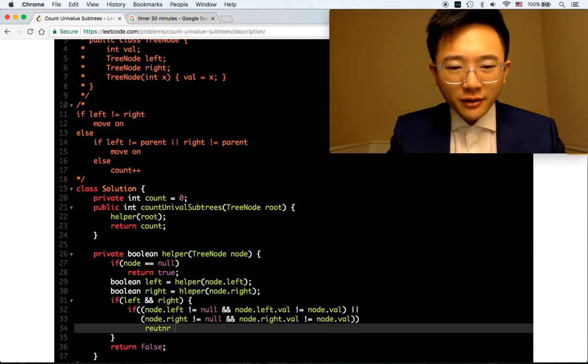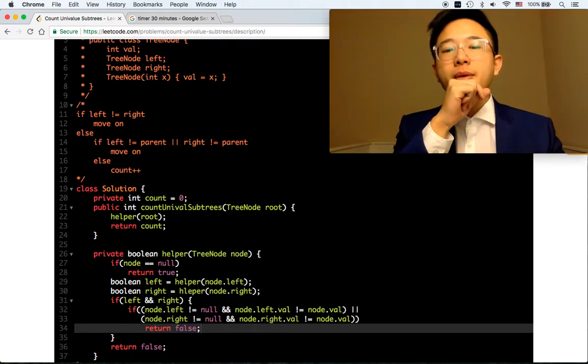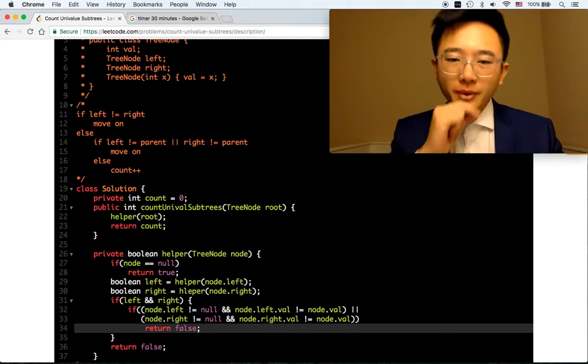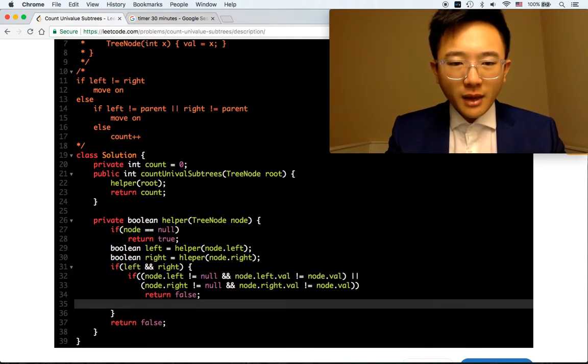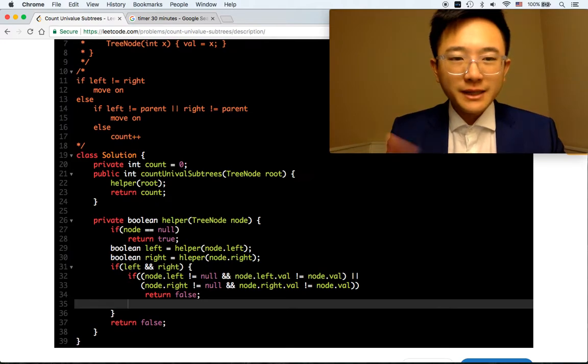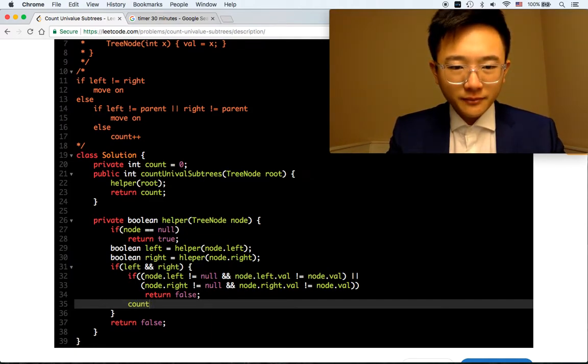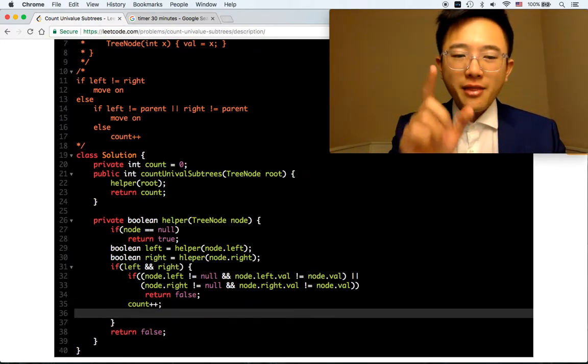So we're gonna return false, because it doesn't meet the requirement. Now if these are the same, then we can count. So we're gonna have a count plus plus, and then after that,